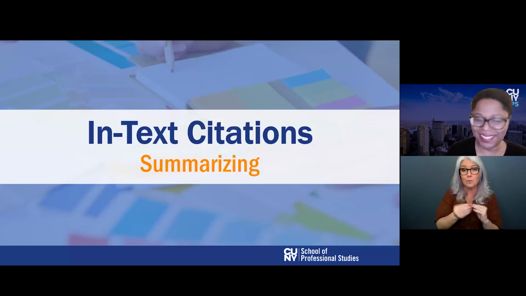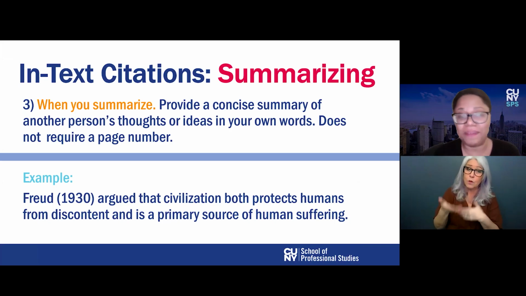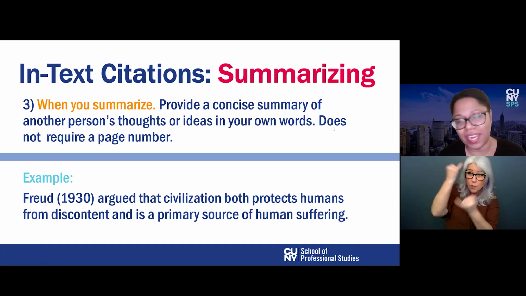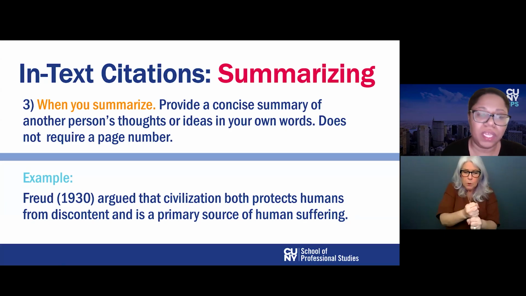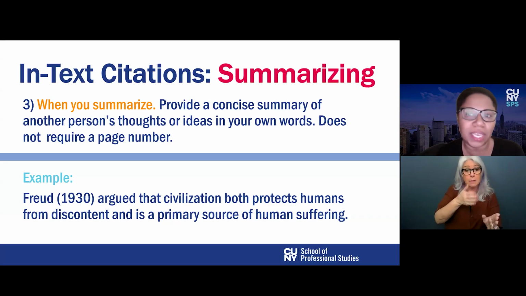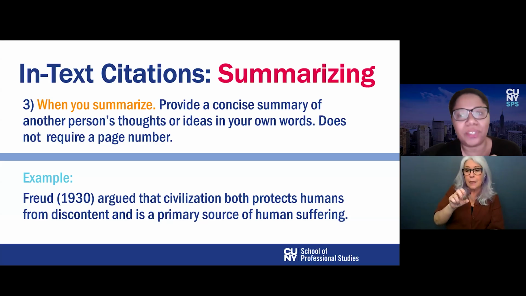And so let's talk about summarizing, because summarizing is another kind where you will indeed need to have citations. It means to provide a more concise statement of another person's thoughts or ideas in your own words. So again, still writing it all, but more concisely. For example, this could be a situation where it's the main point of an entire chapter, article, or book. These are cases where you're not trying to paraphrase just one sentence or one thought. Summaries, just like paraphrases, do not require a page number, which is good because sometimes you're covering a lot of